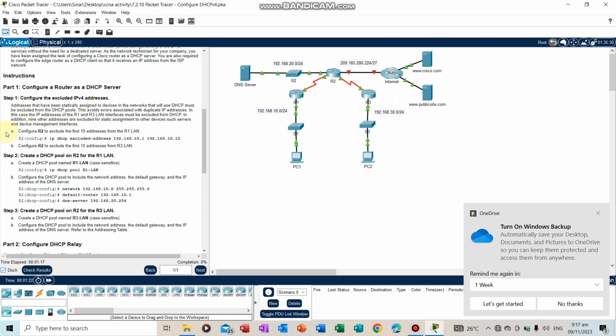Okay, we'll do that. And here's the step 3 for part 1, create a DHCP pool on R2 for the R3 LAN. So now we'll go to R2